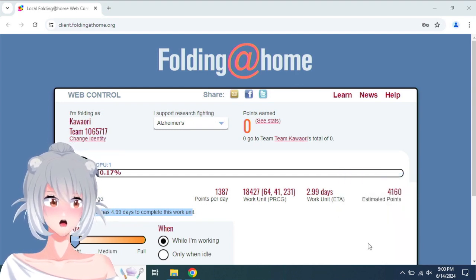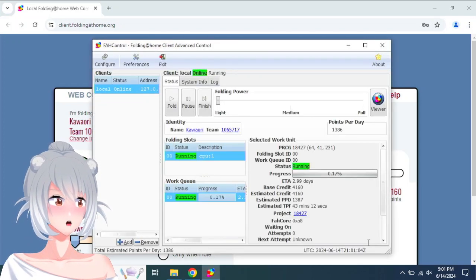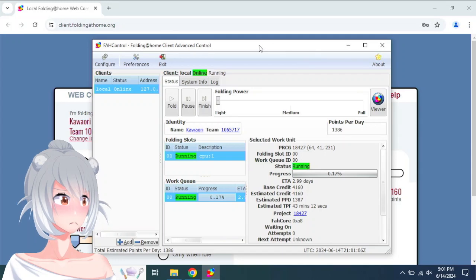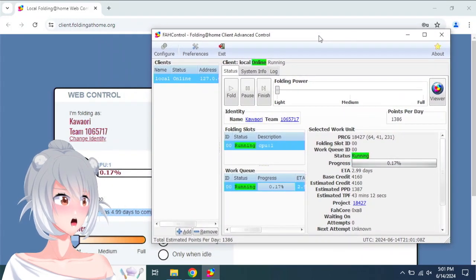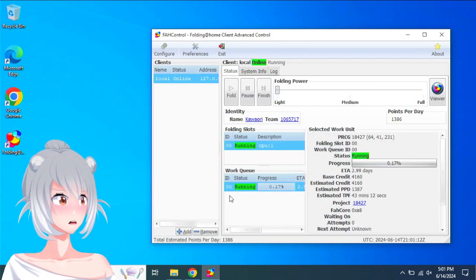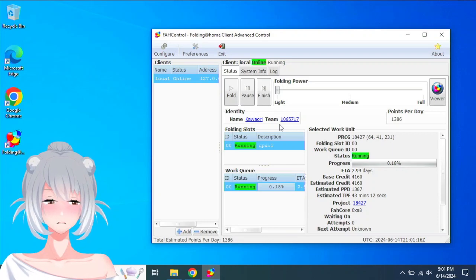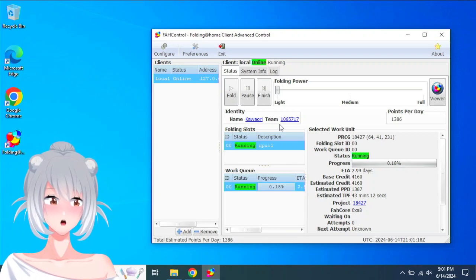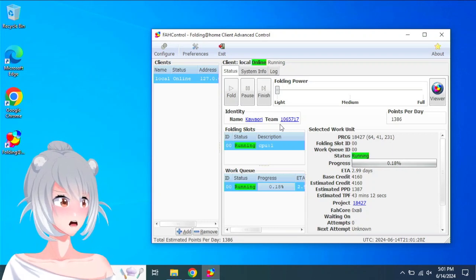Let's see, advanced control, if I remember correctly, is the way that I was most familiar configuring Folding at Home. Yeah, here we go. I don't believe you can use the advanced client for logging into a team or anything. I could be wrong, but